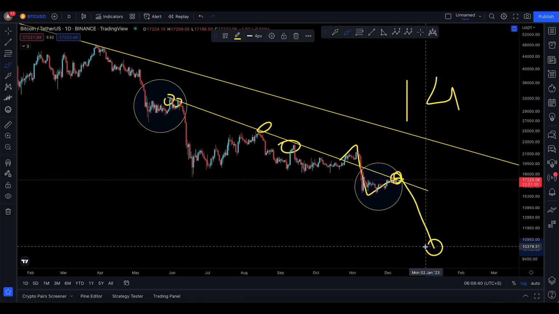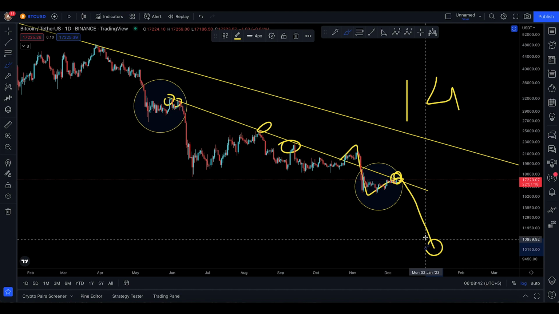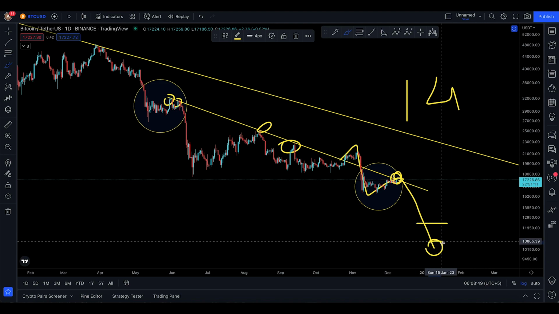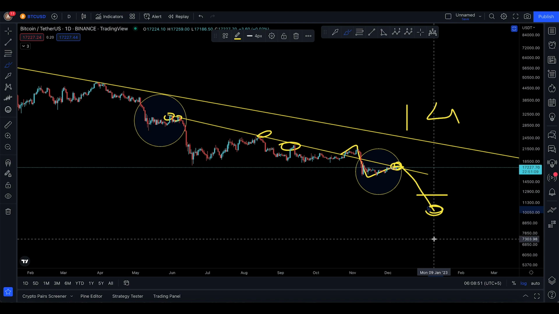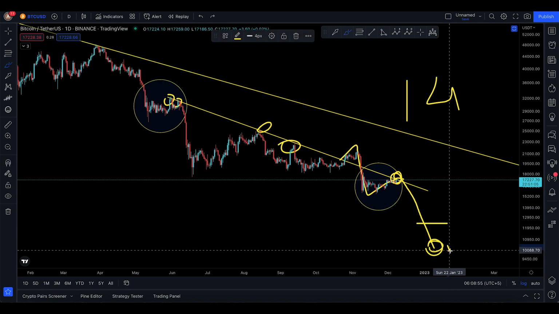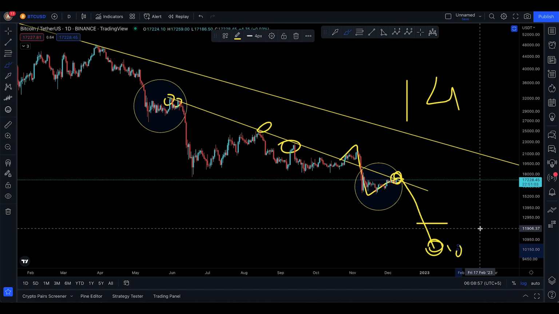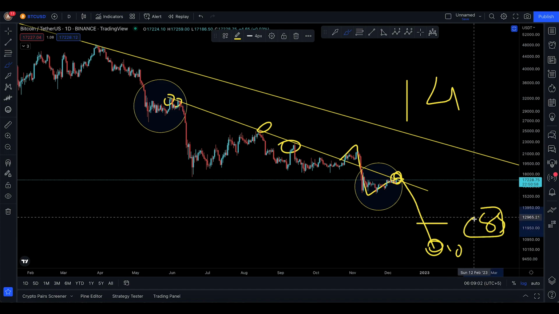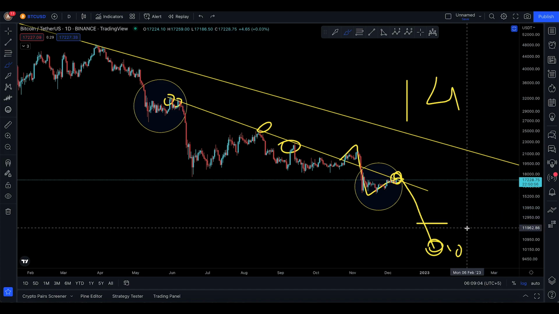Boom, 10,000. Now you might wonder, where did 10,000 come from? You just said previously 12,000. Yes, 12,000 is in play. And now I say 10,000 is in play. As a matter of fact, I'm even saying that 8,000 is in play. So I'm expecting December to come down to 10,000 and January to go to 8,500. If not January, then maybe February. By February, this time we're in December. So basically 10,000 comes from this place onwards.